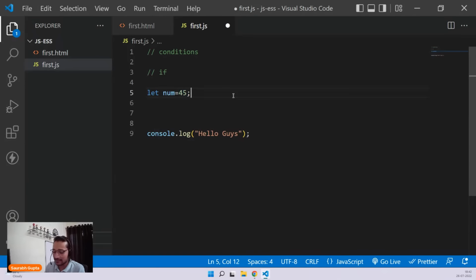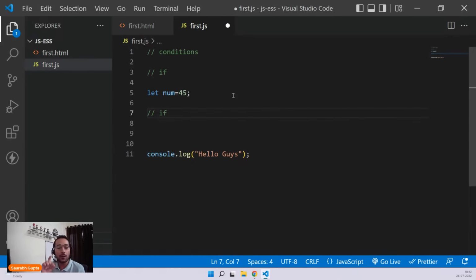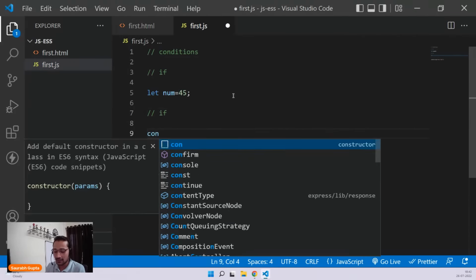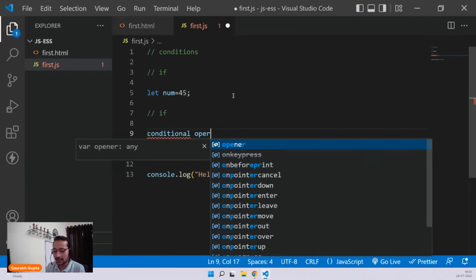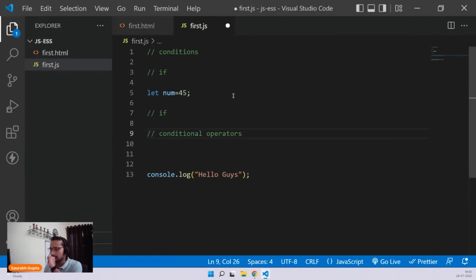Basically, we're going to be using the if keyword. But before we move ahead, we also have to learn one very important thing to write conditions: conditional operators. These are the operators which help you in writing